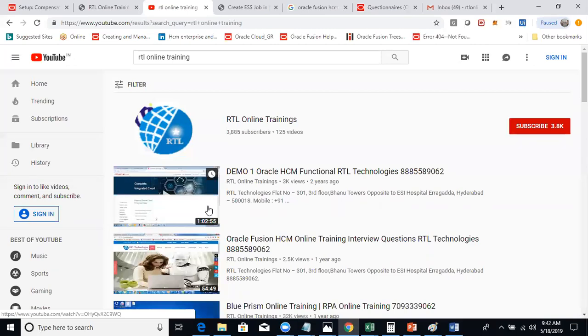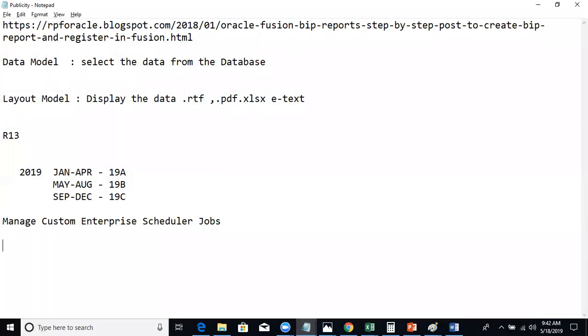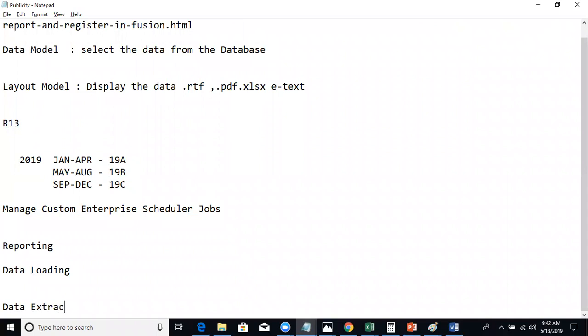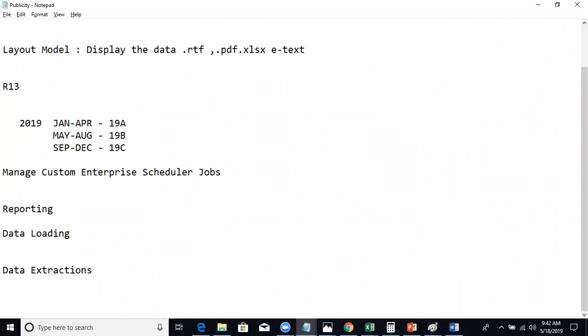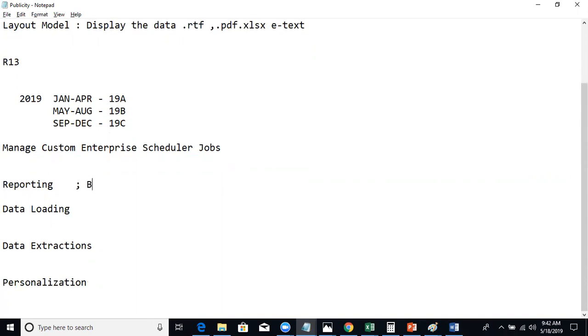So when it comes to the technical side in the cloud environment, there will be only 4 options. One is reporting, another one is data loading, then data extraction, and another one is personalizations. In the reporting, as we discussed, we will see BI and OTBI. Data loading and data extraction, both we call integrations. So in the integrations,